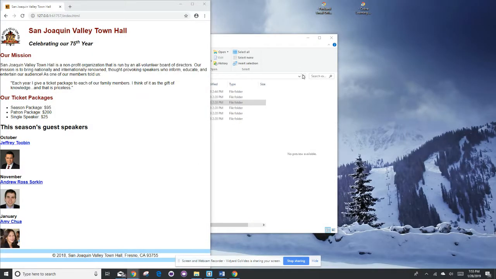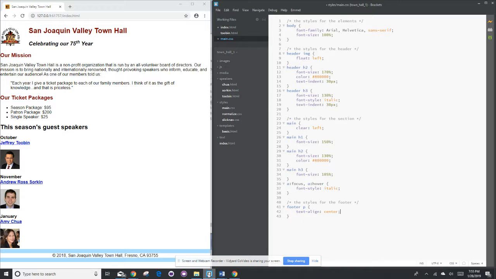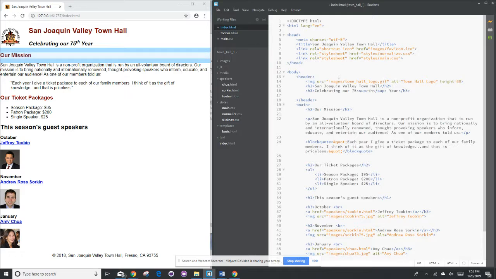And now we're working on the last couple of finishing touches. Let's pull up my page. So this is my CSS. In step 17 on page 166, I need to add a text shadow to the 75th in the second heading in the header. Okay, so I need to go back to my HTML, and where I see 75th here,